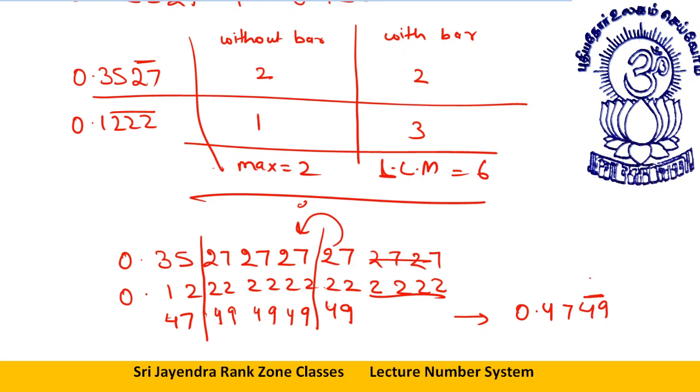This was one way. And if I would have been a bit smarter, I would have read this number as 0.12 bar only. Getting triple two bar means 2 bar, so I would have taken one place only. Then also the answer would have been the same. Even if I had taken 2 and 1, the LCM would have been 2, but my answer would have remained the same. I just needed to tell you that 6 is the LCM. Take 6 places. That way I did it for you.